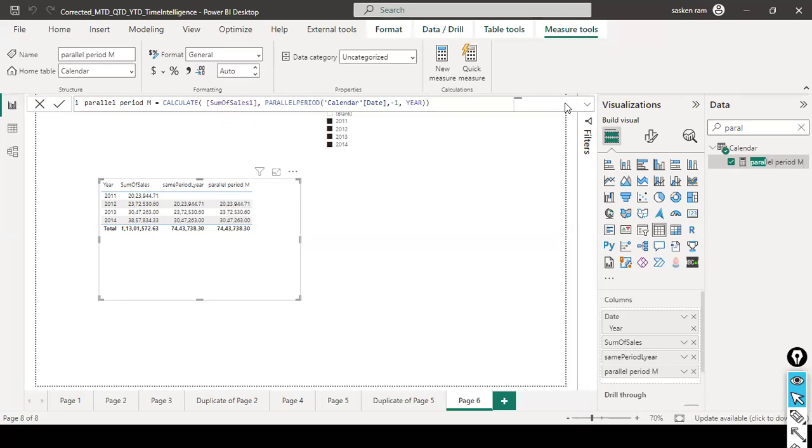For example, let's say we are in 2024. You want to see previous year performance, sales performance. -1 if you give, along with the 2024, 2023 year sales also will get displayed. But at the end of the day, both of them look same because I used -1. If I put -2, but in the same period, you cannot go 2 year back and all. It goes by default 1 year back. That's all. Okay. And the another advantage of parallel period is, see, instead of year, the first column, let's say